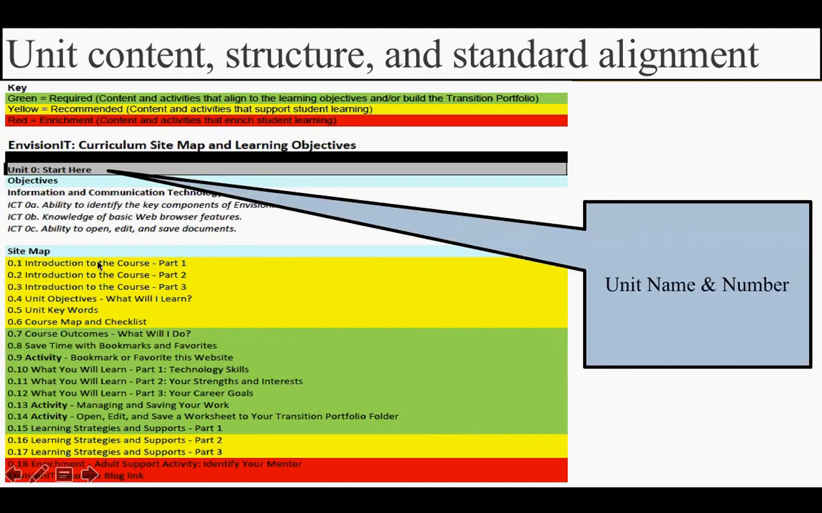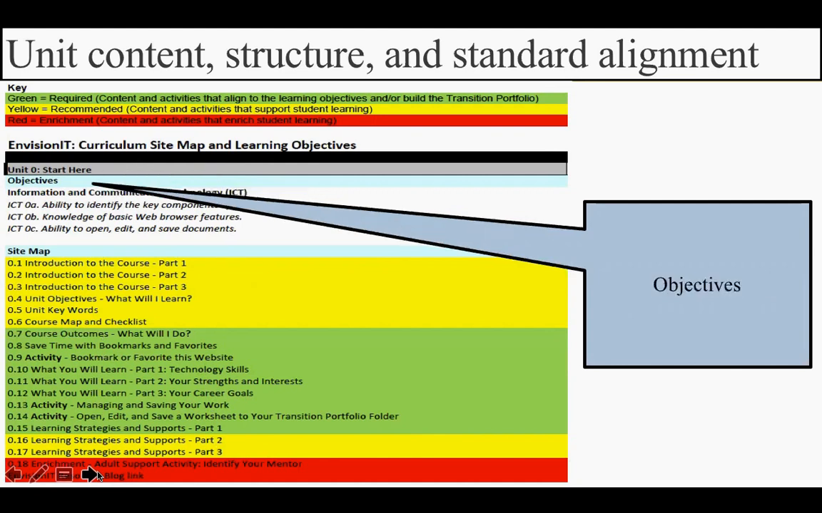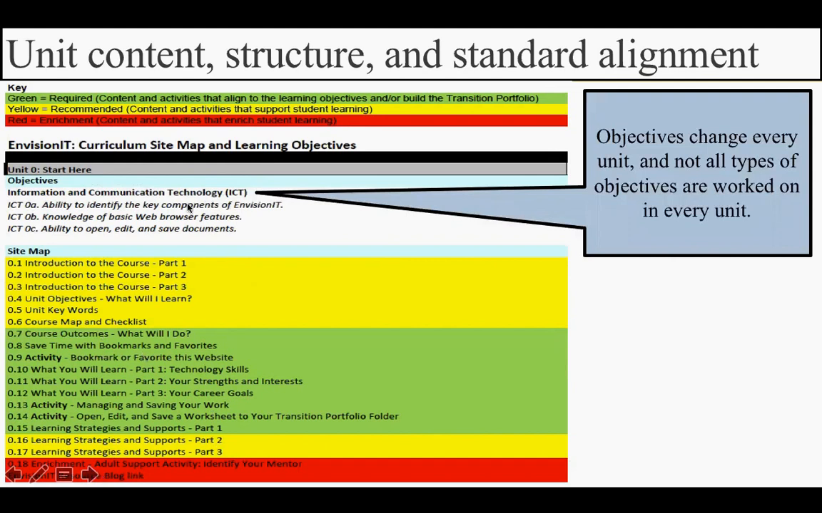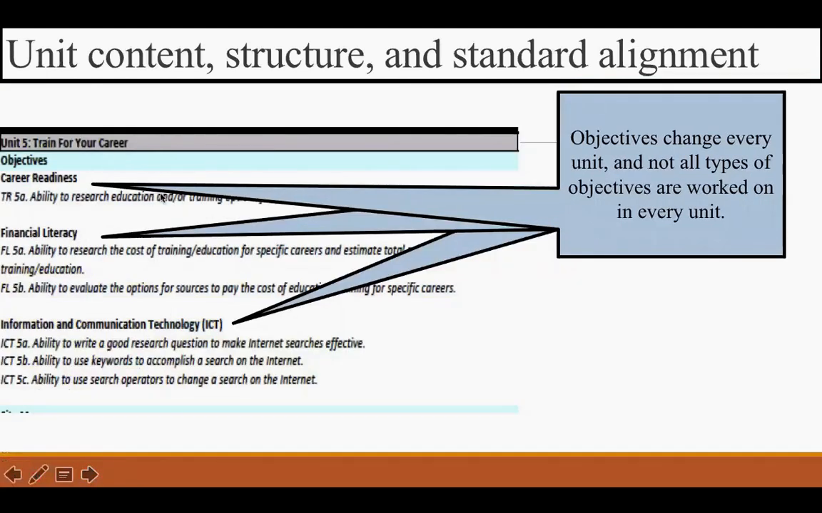As you move throughout that stratified sitemap, you'll also see that the unit name and number is at the top. Everything's very clearly marked, and it's also broken down into objectives that you'll see, and these objectives will change as you move through each unit right at the top. Here's an example. So for example, you'll see up here, Unit 5, Train for Your Career. That's the name of the unit. And then we have these objectives that are very clearly listed: career readiness, financial literacy, and then we have our ICT-based